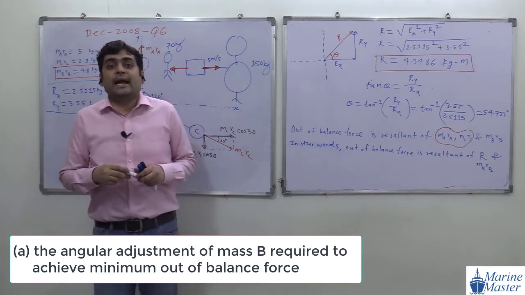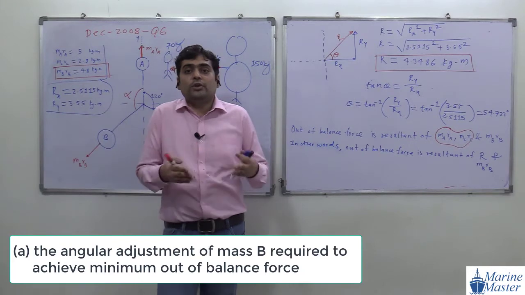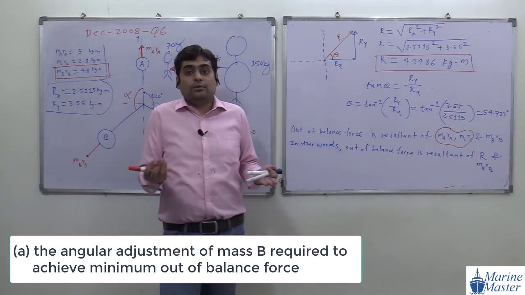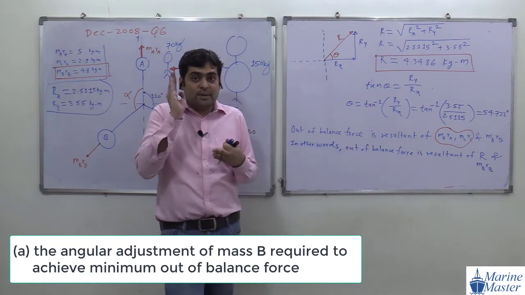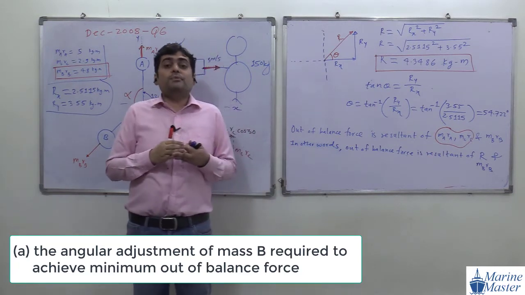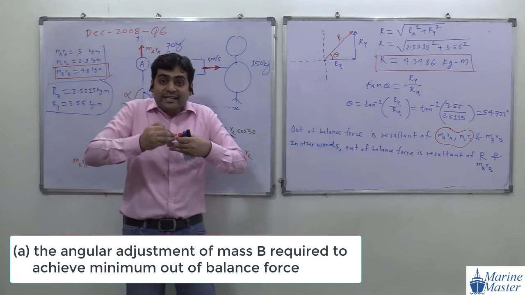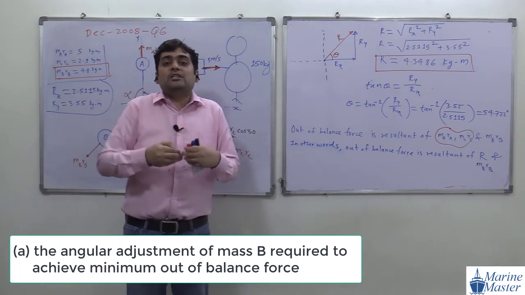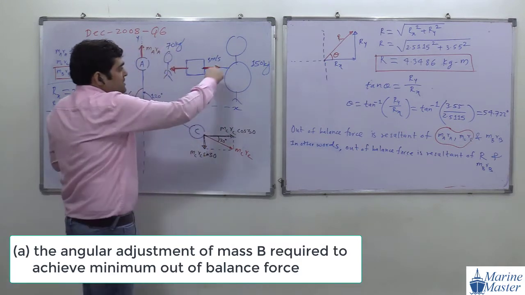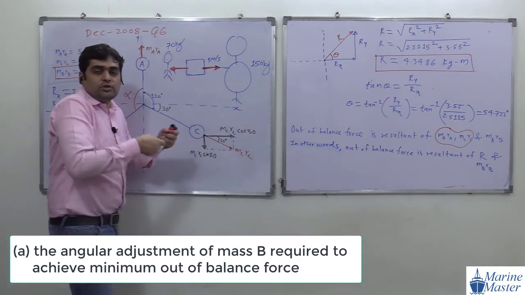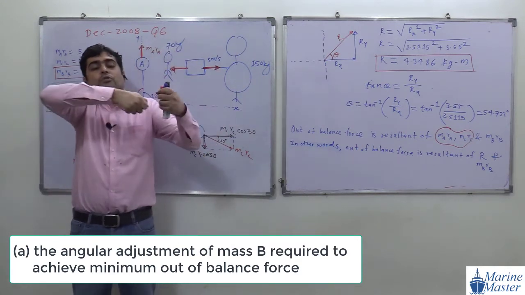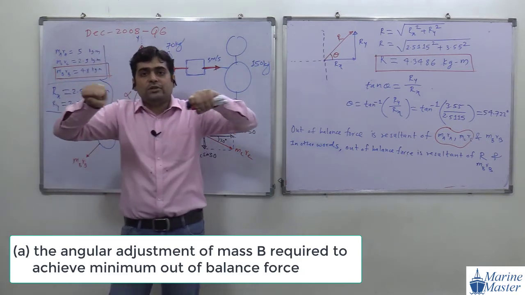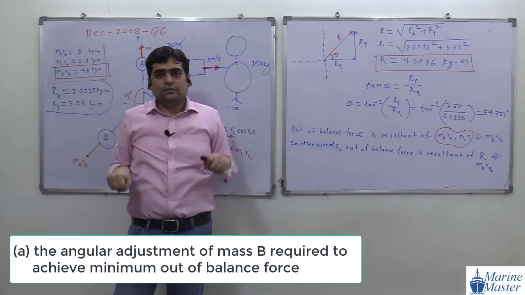So a zero out of balance force is not possible. If they were equal and opposite, then the out of balance force could be zero. But see my point here, the moral of the story: if you want the lowest out of balance force, with one side a bigger person and the other side a smaller person, and you want the net resultant force as low as possible, what will they do? They have to apply force in the opposite direction.